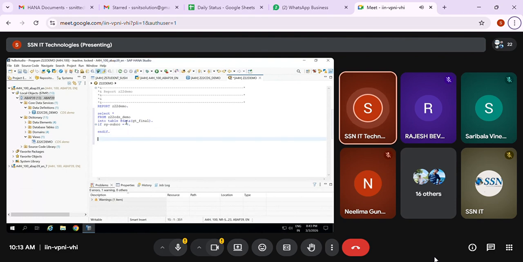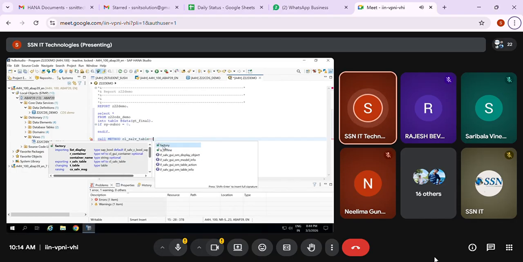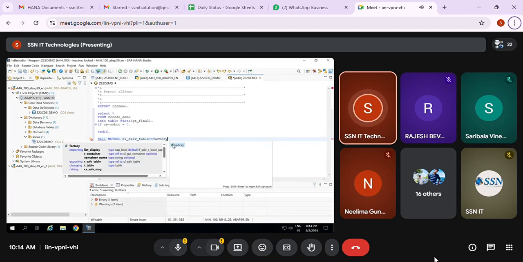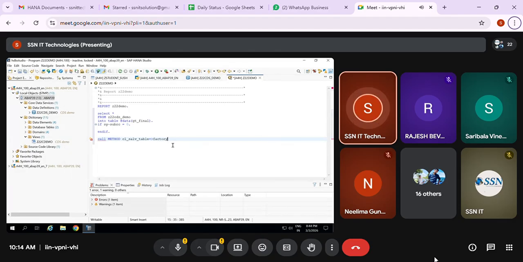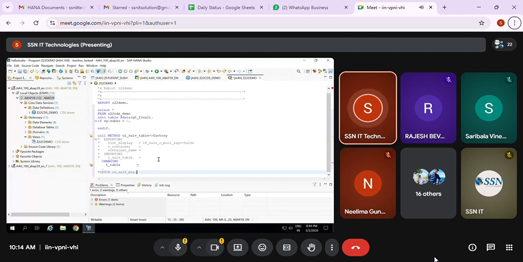How to display the data? First, you need to call the factory method. Call method, class name, double arrow, Control Space. If you do that, it will come. I want to choose the factory method. Double click on that Control Space. If you click on this button, it will call that entire array. Shift Enter, yeah, Shift Enter. If you press it, it will call.